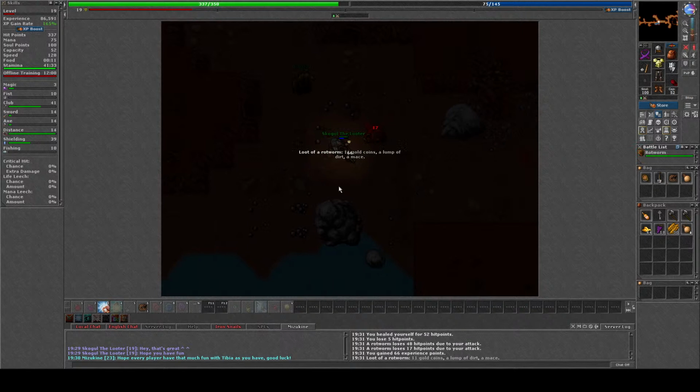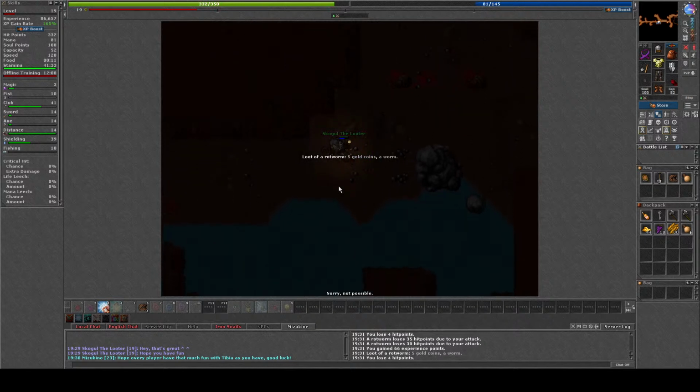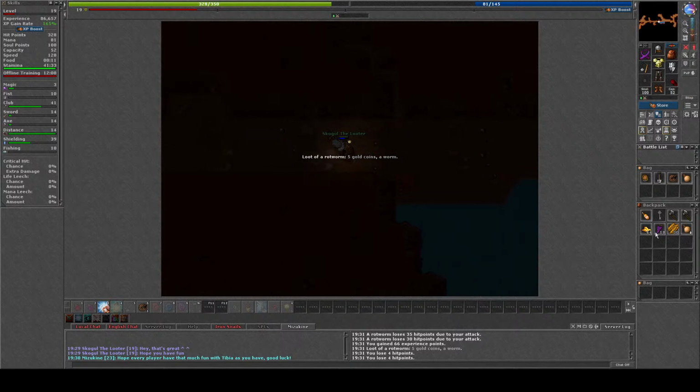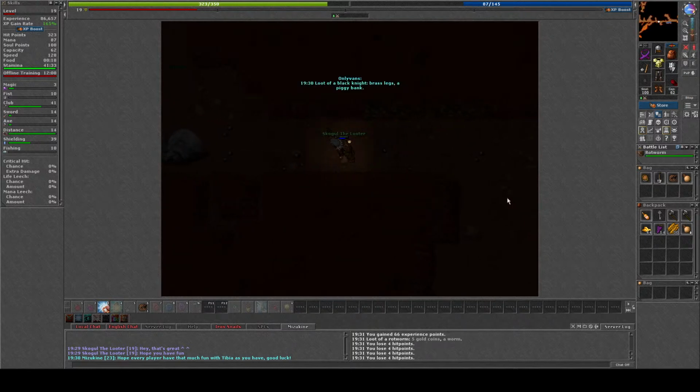Alright, so let's go ahead and pick up that rapier and the gold. And then, well, we'll have to think about what we do next. I would like to go somewhere I haven't been before. Maybe search for some daily spawns that I might...